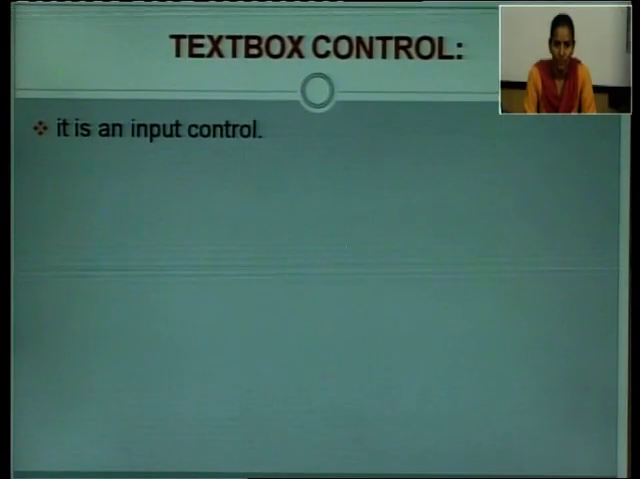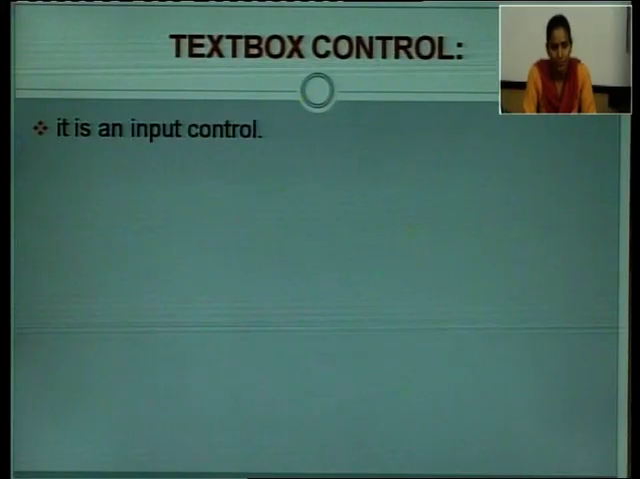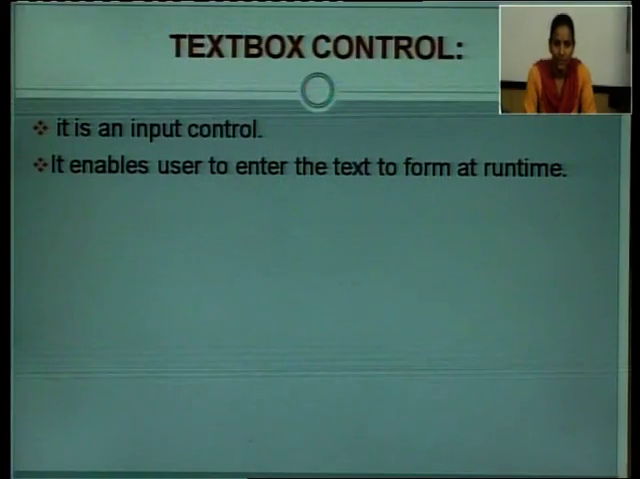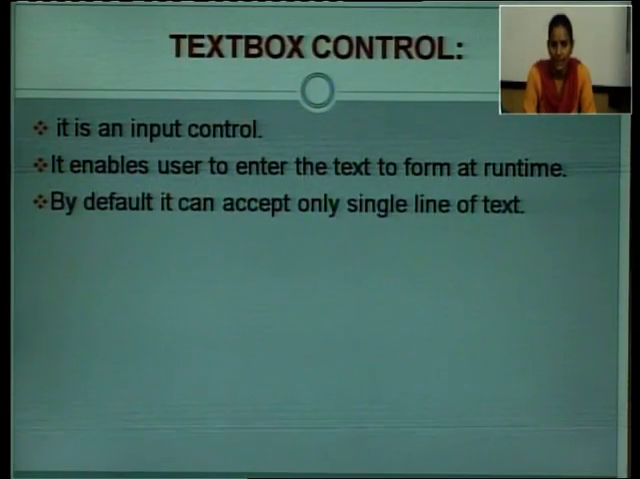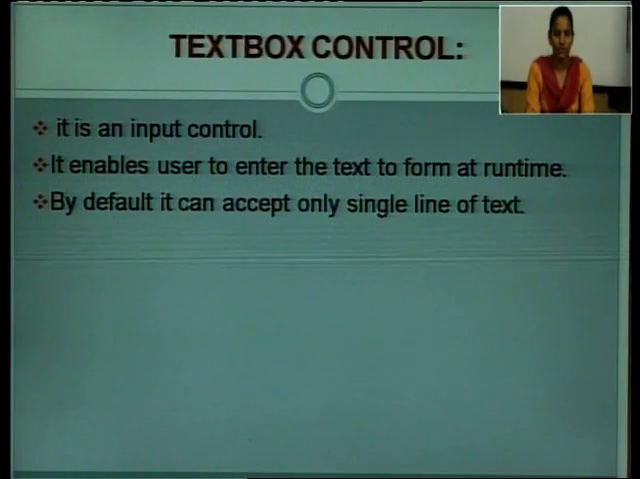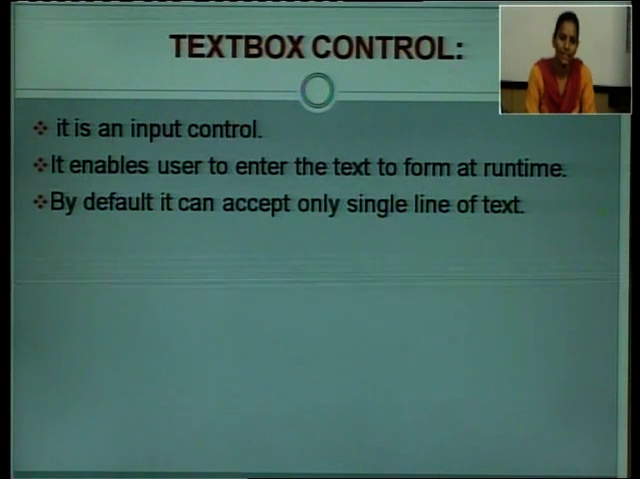So let's come to the next control, that is the text box control. Text box control is basically an input control. You type your username, you type your password, that is your input. So it is used as an input control. It enables the user to enter text on the form at runtime. By default, it can accept only a single line of text, but we can change the properties of a text box. By default, if you have not provided any property, it can accept only a single line,